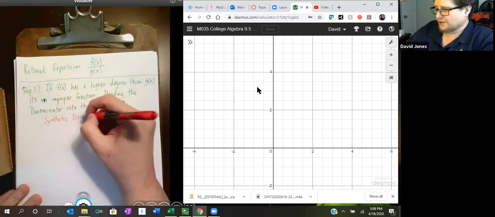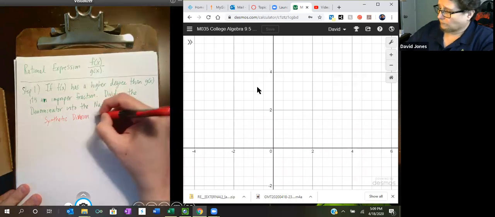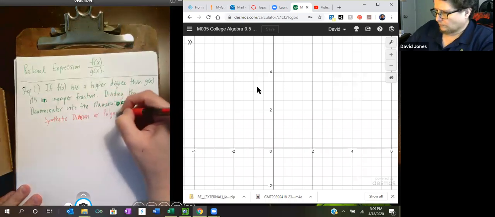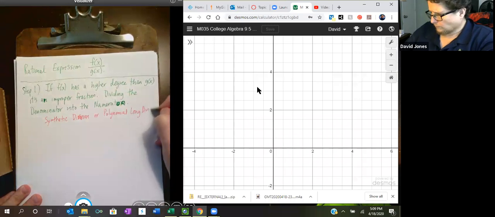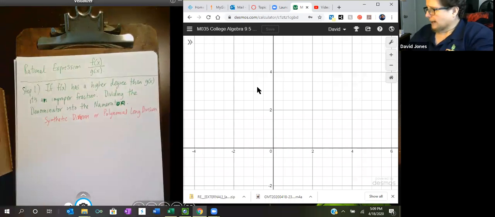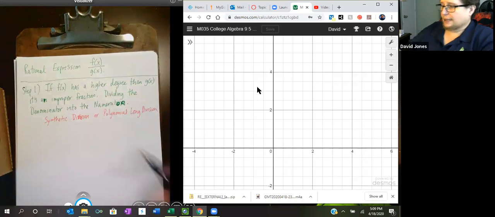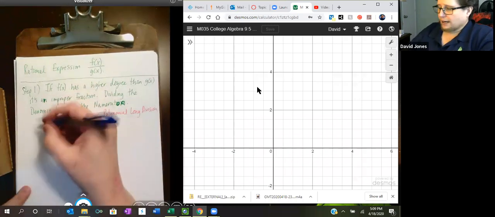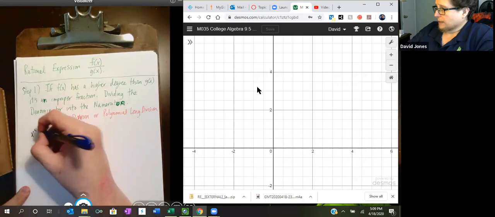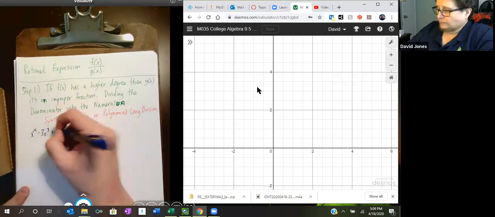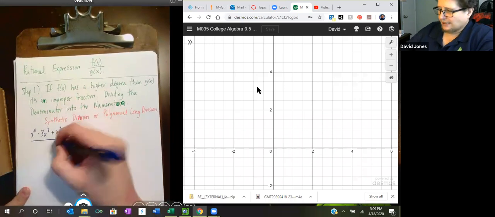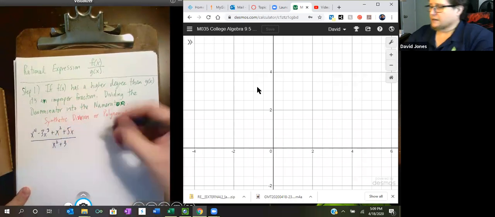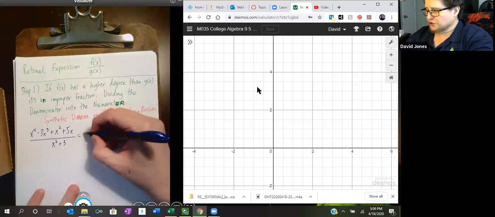You might just have to do good old polynomial division. An example of this would be, and we're not going to work it out, and we're not even going to really use this one. If we had this over this, if you ended up doing the division,